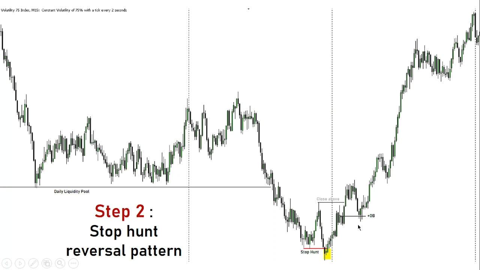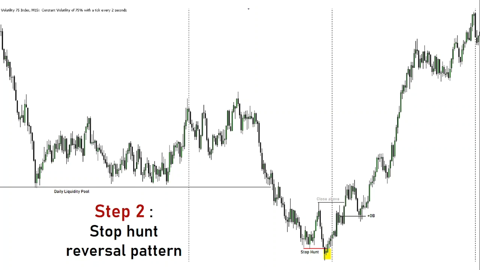Now the great thing about this model is we're waiting for confirmation. You wait for confirmation, right? You're not trying to rush price. You're not trying to get ahead of yourself. Now, like I said, the aggressive entry will be taken after the stop hunt reversal pattern has formed, but I want us to take confirmational entries